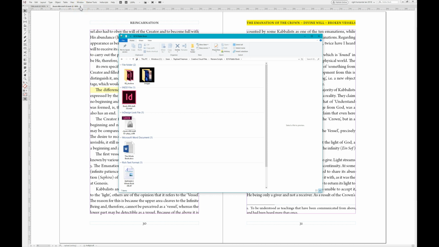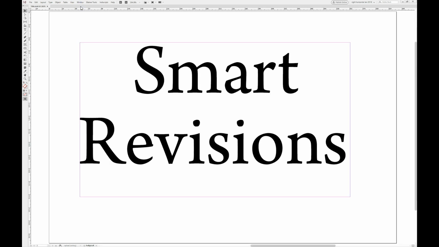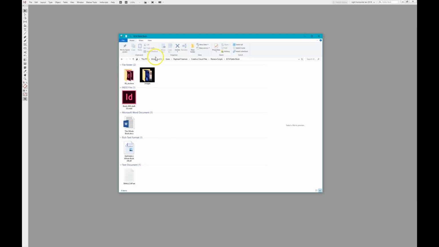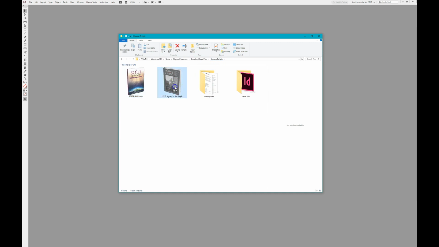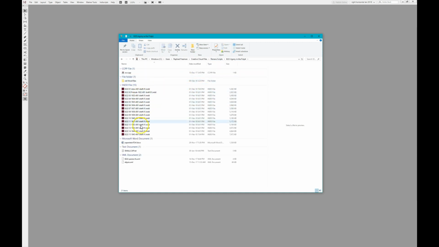We're going to close this book, and open up a different folder. We're going to close Smart Revisions, so we know what we're doing here. Here we've got a more complicated book, because we have a whole bunch of files, and we're going to make a book file for this.